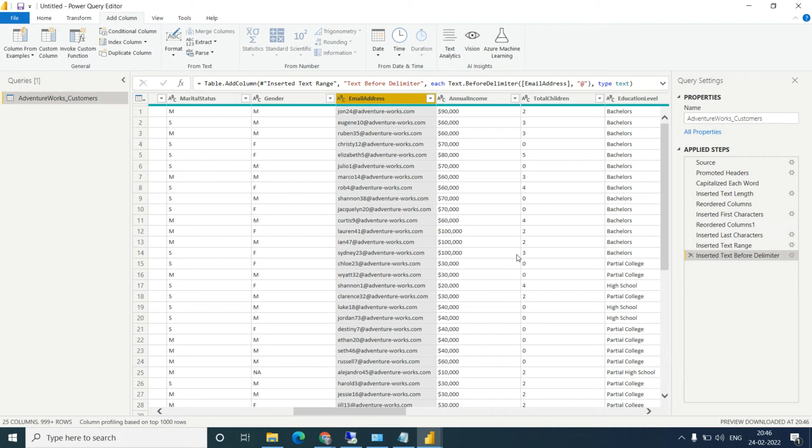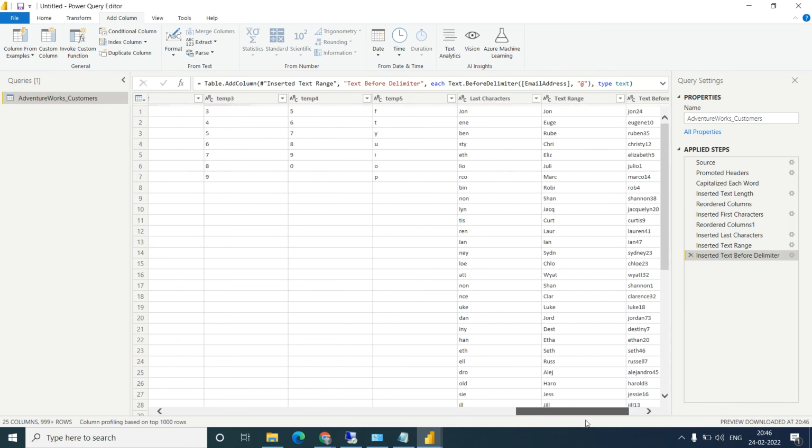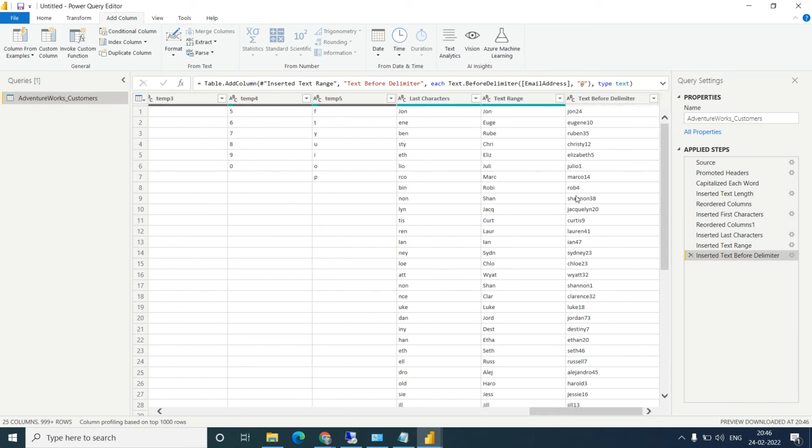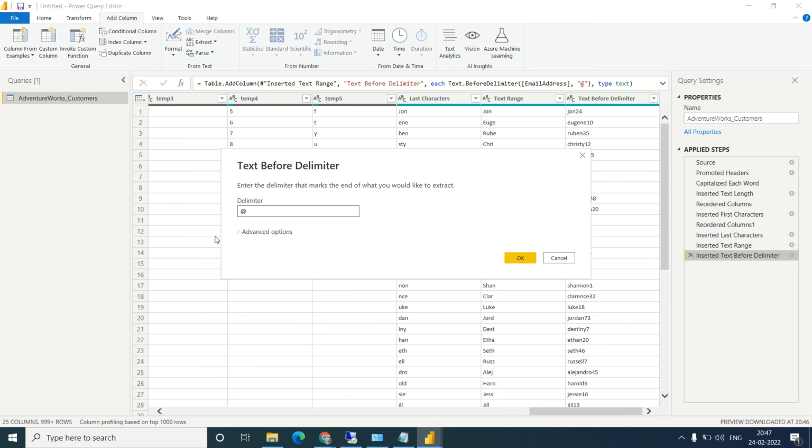Okay, so I just apply it. So you can see John24, before @ we got this keyword. Okay, if I want before the dot, not the @, how to do this? Or after the dot, I want the part after the dot, so I will add a dot.